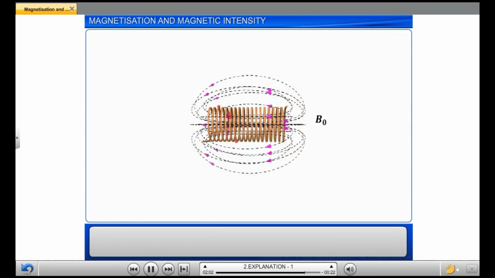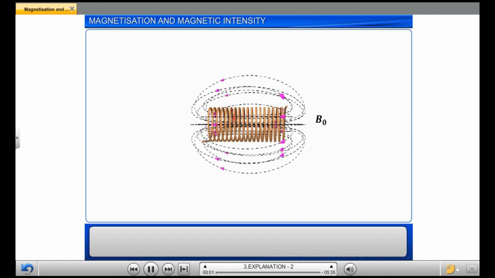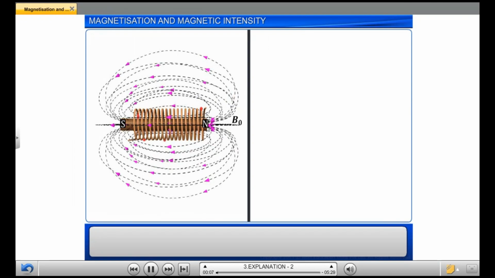To discuss this more explicitly, let us consider a long current-carrying solenoid, where B0 is the magnetic field in the interior of the solenoid due to the current passing through it. When a magnetic material is inserted into the solenoid, the material gets magnetized. In such cases, the total magnetic field inside the material is the sum of magnetic field due to the current carrying solenoid and the magnetic field due to the magnetization of the material. That is, B is equal to B0 plus Bm,